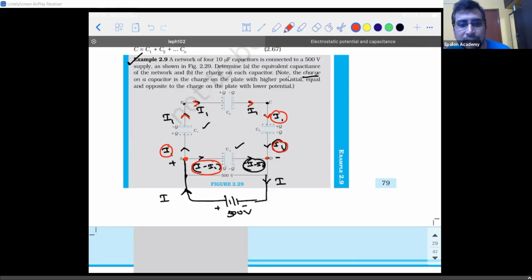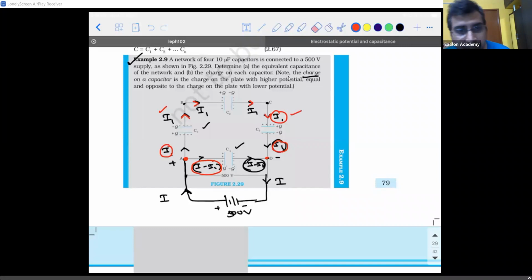Okay, so this is the trick. From here what we are supposed to understand is, if the current is the same through all the capacitors, if there is no division of current taking place across all the capacitors, then they are said to be connected in series. You might think why I'm telling this here, because this problem is simple, no issue. If at all you have a tougher problem where they will confuse you, at that point you will get stuck. Okay, this trick will help you, trust me.